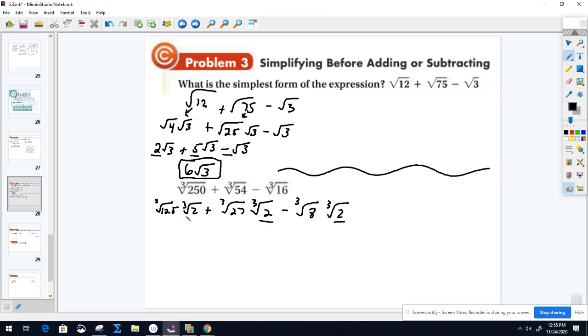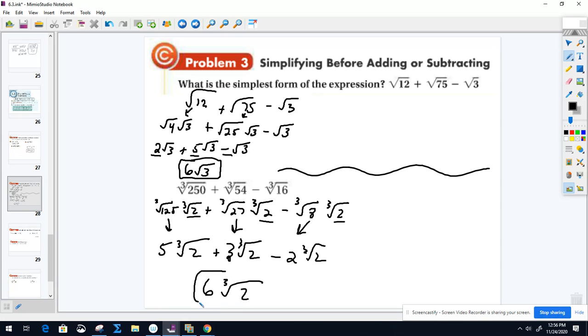Notice these are all the same, so we're going to be able to combine. Cube root of 125 is 5 cube root 2 plus 3 cube root 2 minus 2 cube root 2. All I'm doing is simplifying the perfect cubes here from that list. And 5 plus 3 is 8. 8 minus 2 is 6. I leave the index and the base the same. There is adding and subtracting